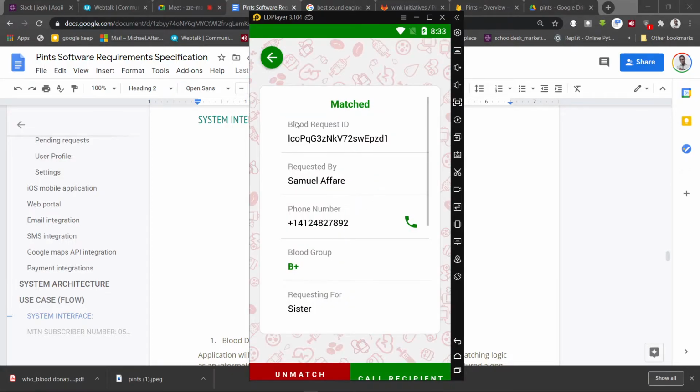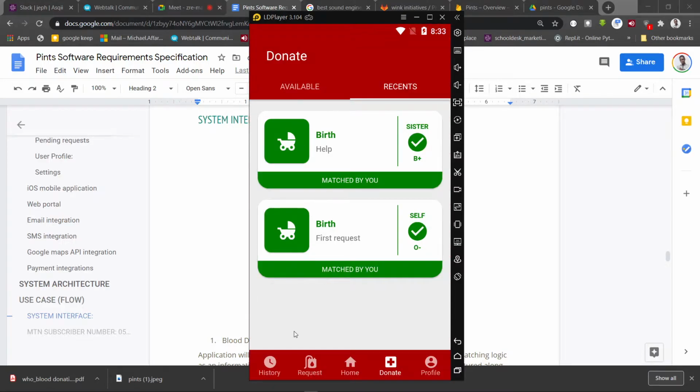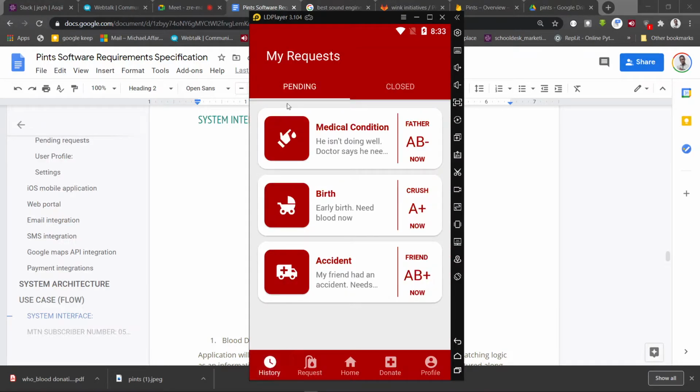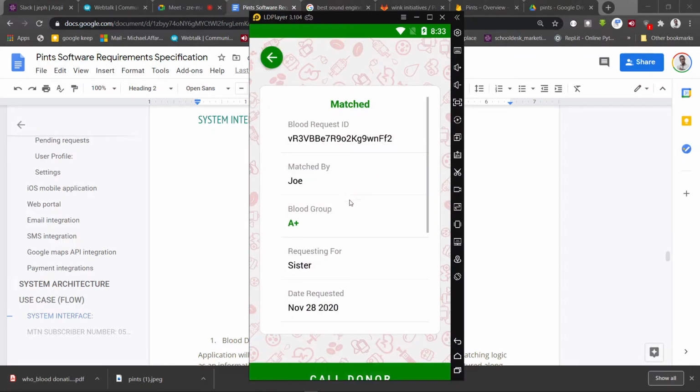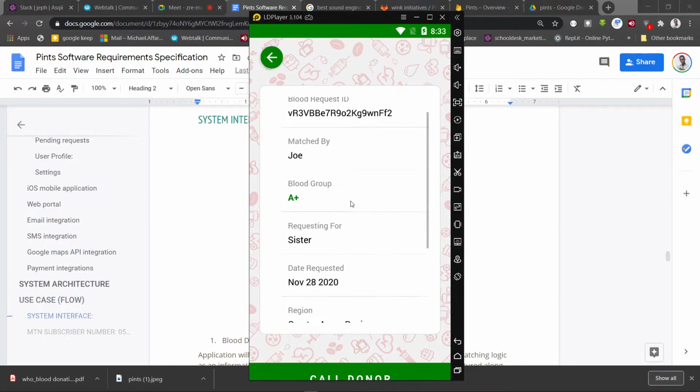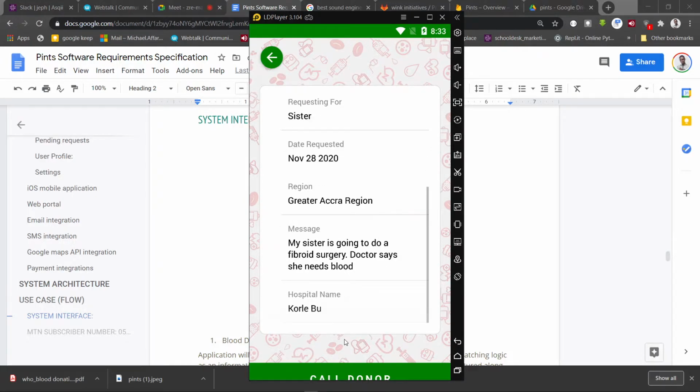If you've not matched the person, you won't see their contact. And then for your own requests, the ones that are pending and the ones that have been matched, you'll be able to see and then contact the person who intends to help.